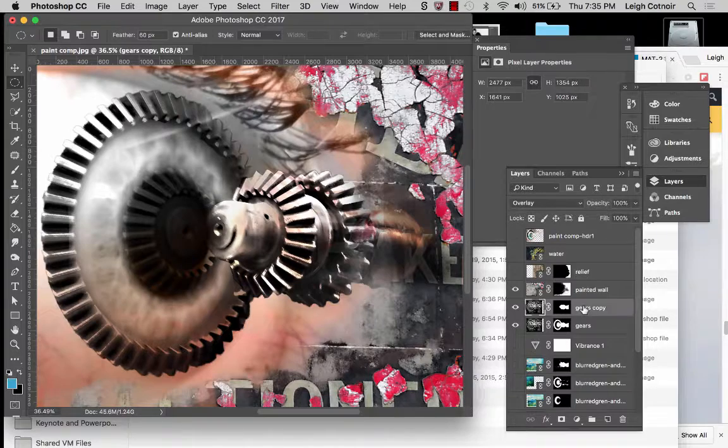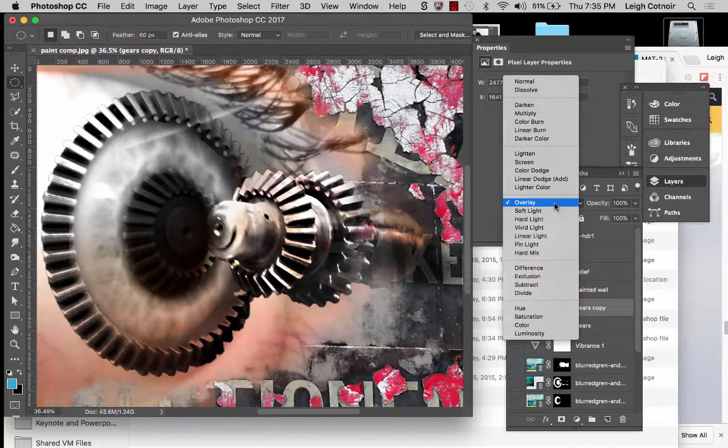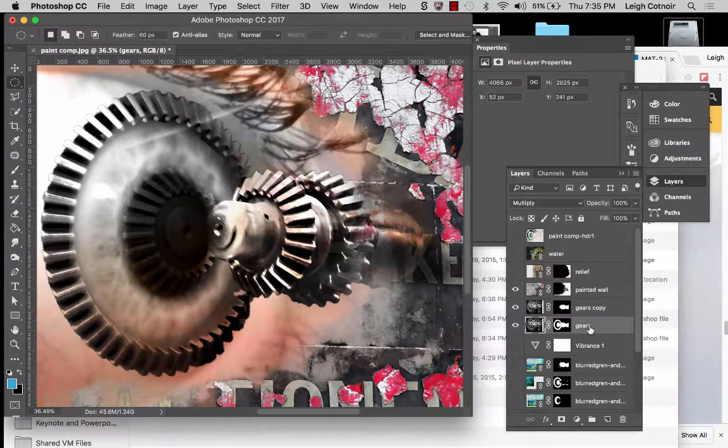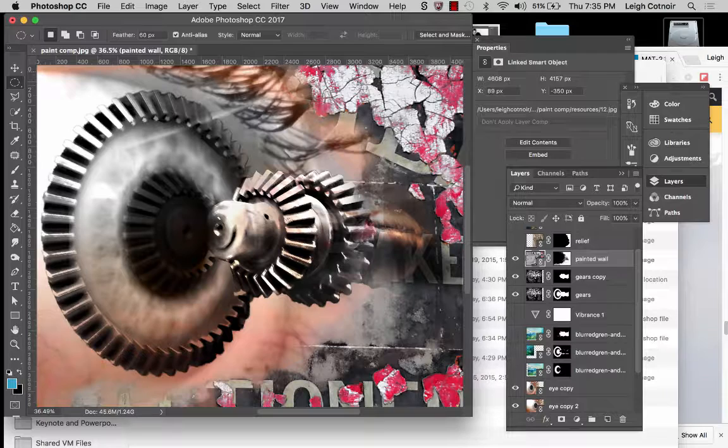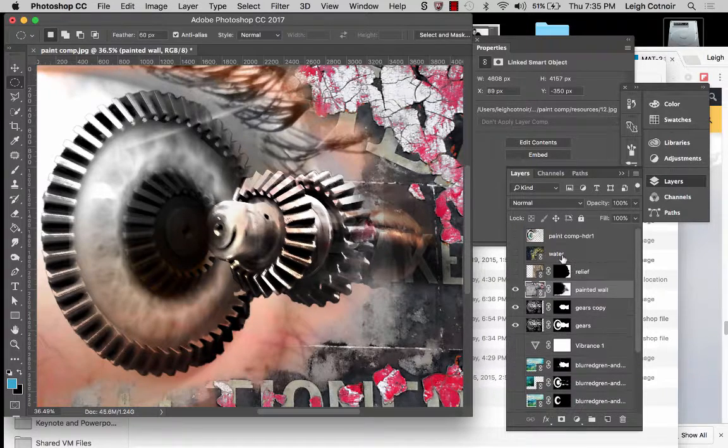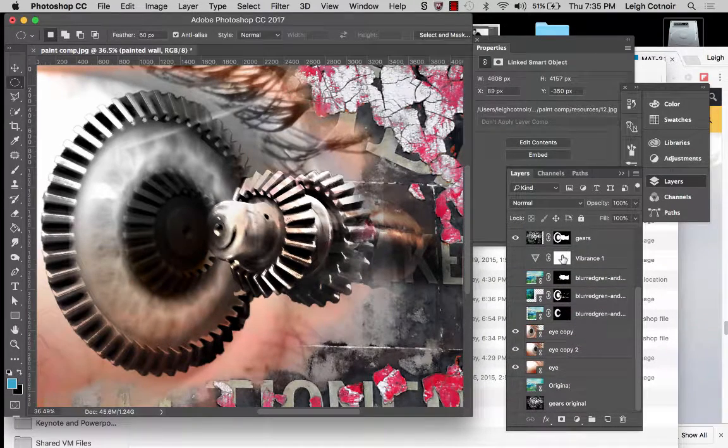Okay, and then if you see here, it has an overlay blend mode. All right, this one has multiply on it. And so I used a lot of blend modes here. This one is normal. The paint effect out here, that's normal. Okay, and so that takes us up to where I was at a certain point, and I said, you know,